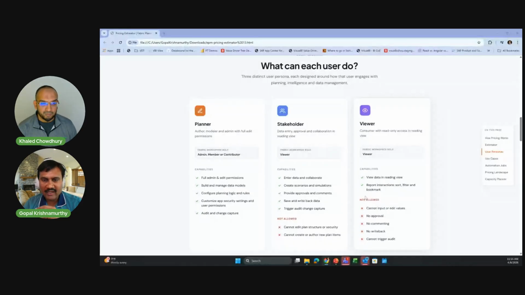Hopefully by next week, the billing meters I will be able to publicly share. But right now, what I can share is all of the sheets, everything. There are no multiple pricing plans or anything. Everything is bundled, and there are three personas basically. If you look at Power BI, there are only two personas. You have a developer and then you have a viewer. That's it. But in planning, you have three personas.